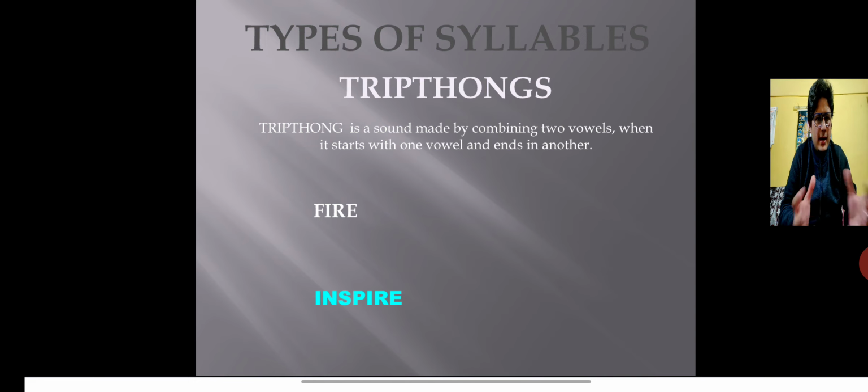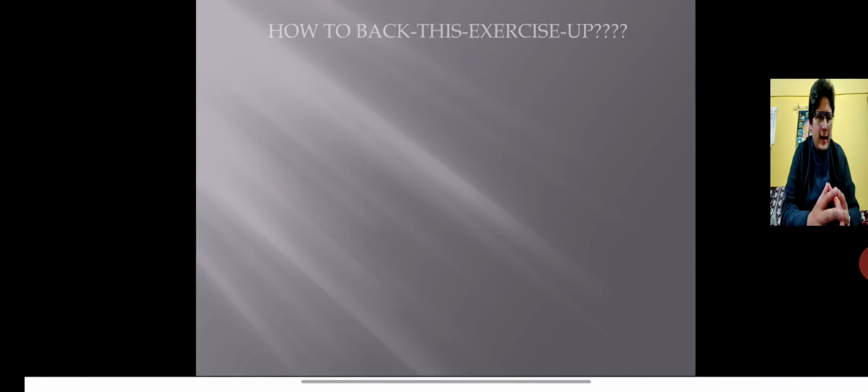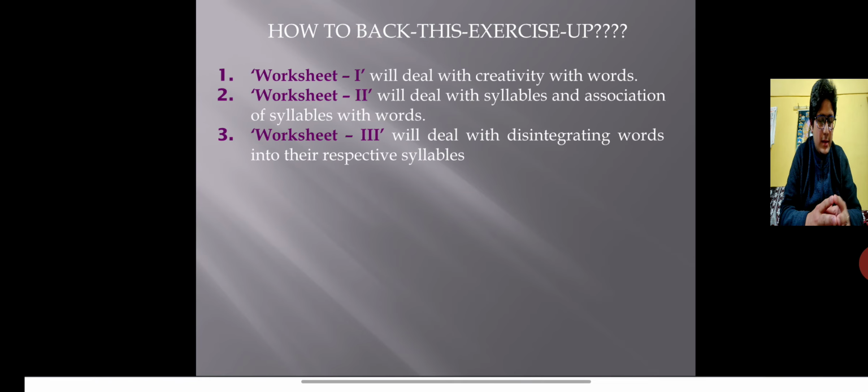A triphthong is a sound that is made by combining vowels, where it starts with one vowel and ends in another by blending into the middle one in between, just like fire, inspire. Next up, we've got dire. Then we've got Ireland. So what you will observe here is the combination of sounds. You will observe three sounds, but definitely they're not making use of three